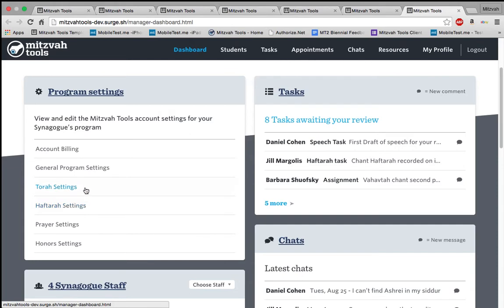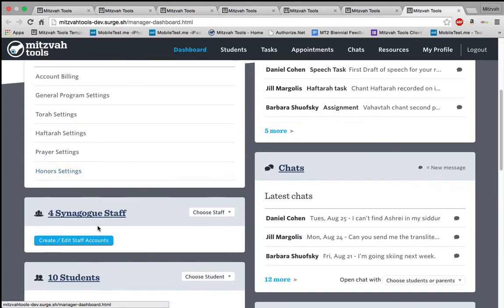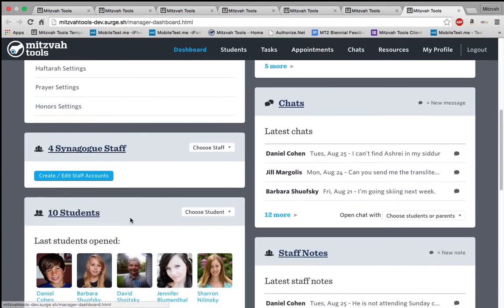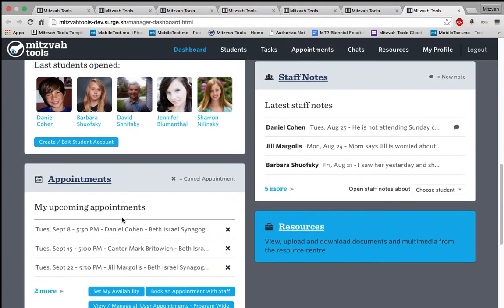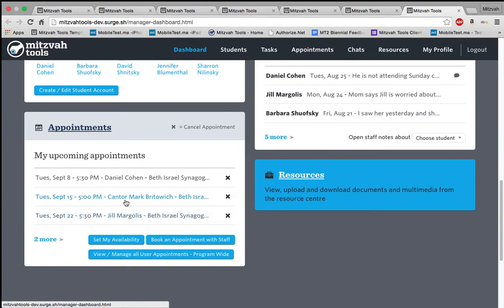This allows you to even include, for example, the aliyot that go along with each parsha, setting the prayers that each student is responsible for working on, and setting the honors that your congregation uses for various types of services. The program manager also has access to all of the staff and all the students within the system and can see every single appointment within the system and sort those appointments by rabbi or tutor or cantor or whomever it